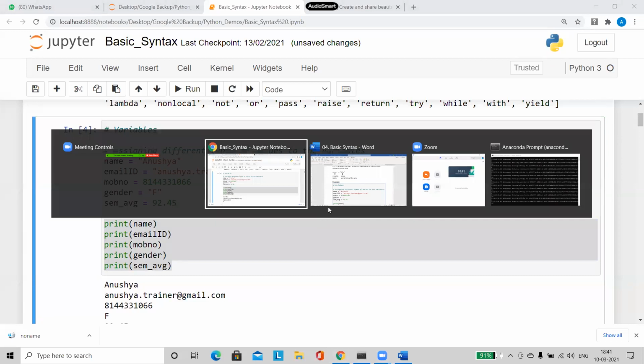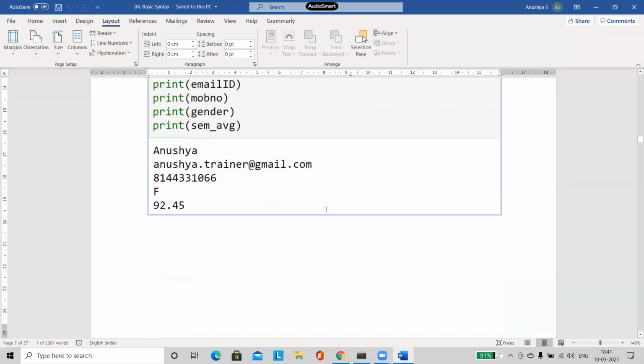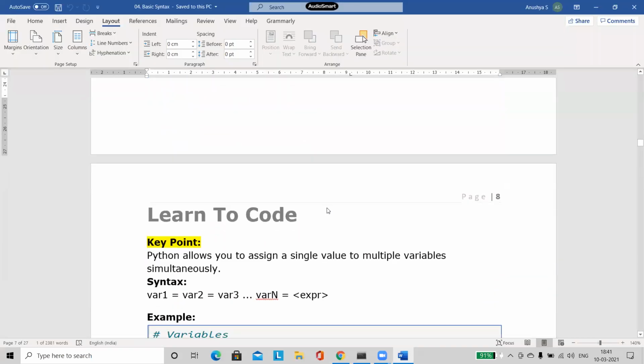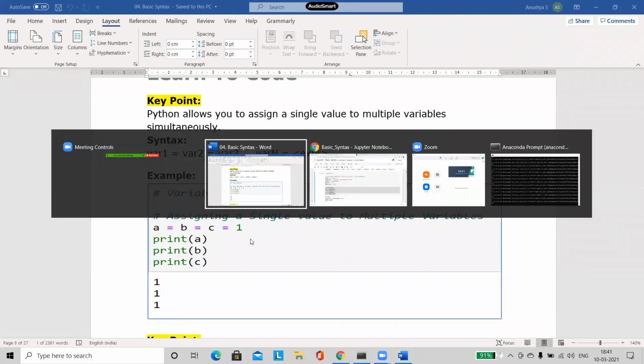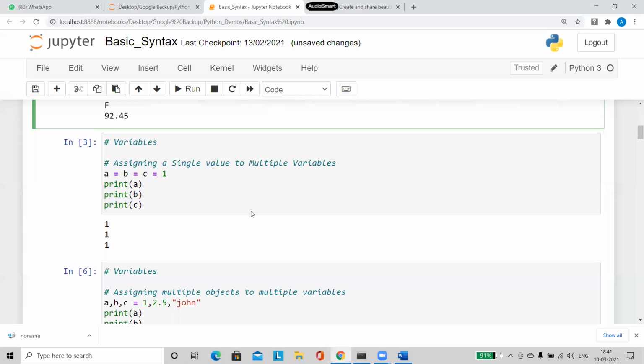I want to tell you a few methods that are available for us. In Python, I told you, there is no big syntax; it's a very easy language to write. I can do this kind of assignment, assigning variable values like this also. What do I mean by that? I'm saying A equals to B equals to C equals to 1.